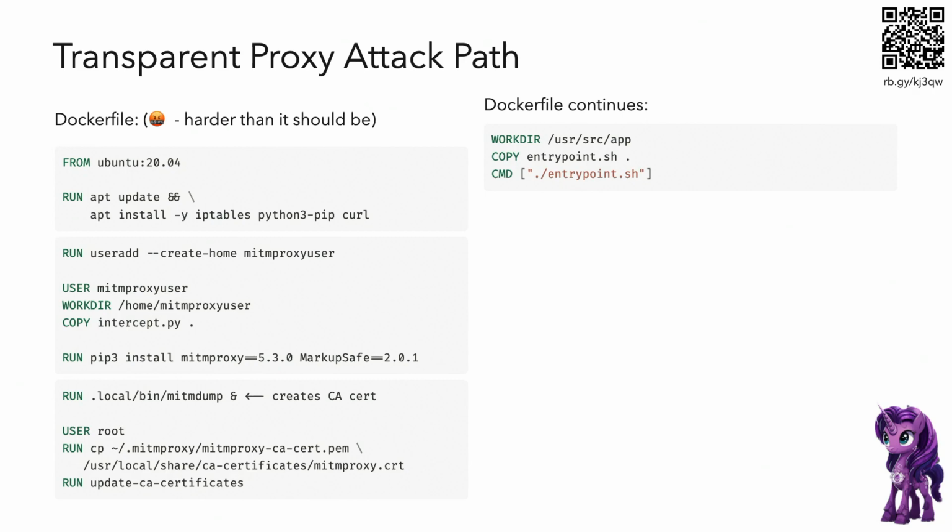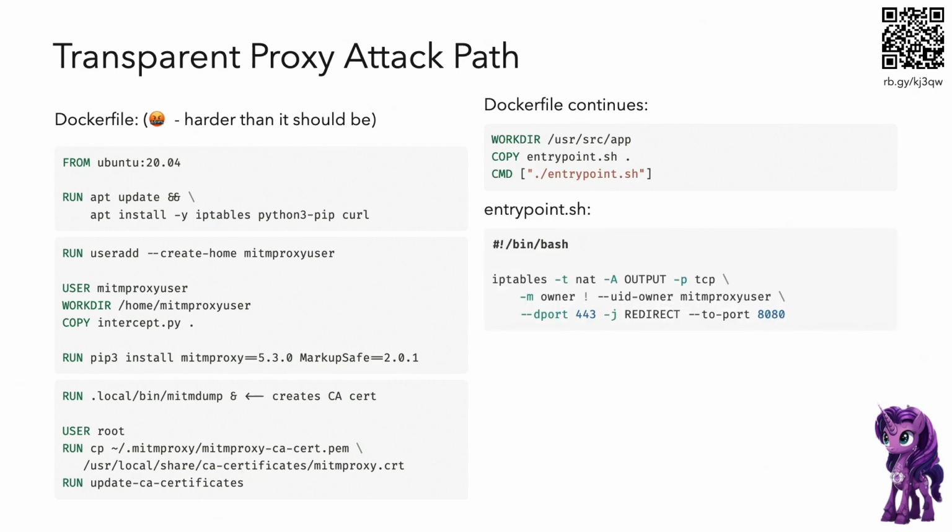Cool. And then this is the more of the pain that I had. I want to do some privileged things now, like modify iptables, but I can't do that inside a Dockerfile, because you can't just say --privileged when you do a Docker build, because that's not how that works. You have to install a build extension and just, oh my God, pain. So I just moved it to this entry point shell, and that's going to do this magic. Oh my God, this is awesome. All right, I'm going to read this.